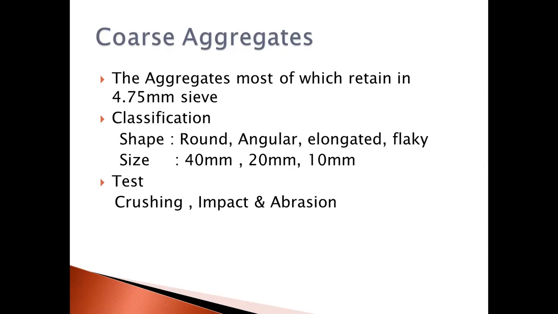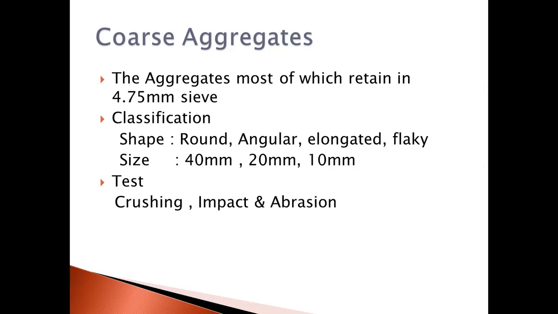For example, for flaky, we have corn and cornflakes, snow and snowflakes. What is the difference? The cornflakes' thickness is less, the snowflakes' thickness is less. That kind of aggregate is known as flaky. Normally in our construction we use angular aggregates because, due to this angular property, they have good interlocking and produce more strength.